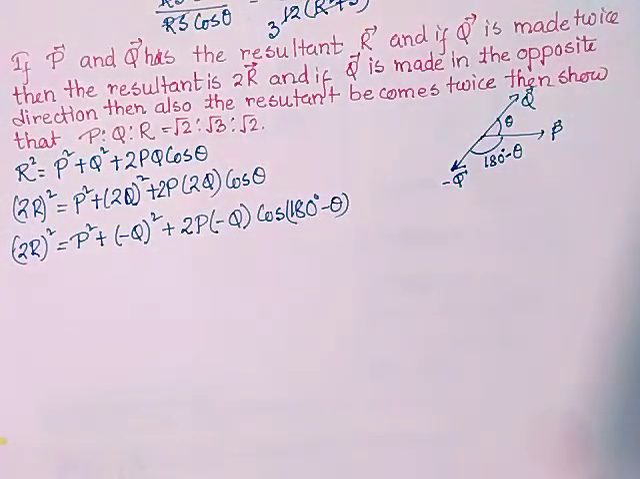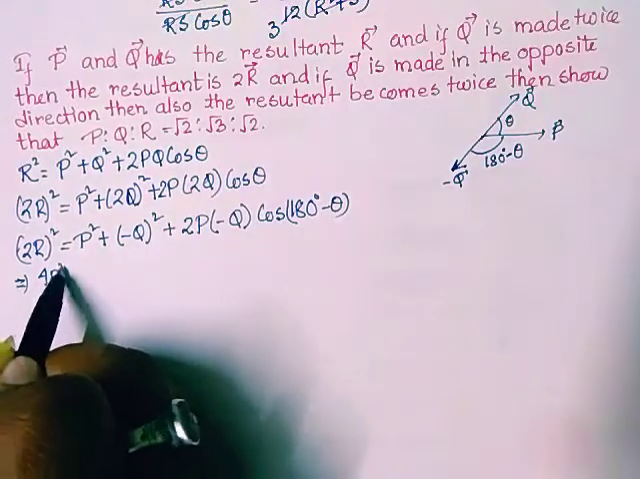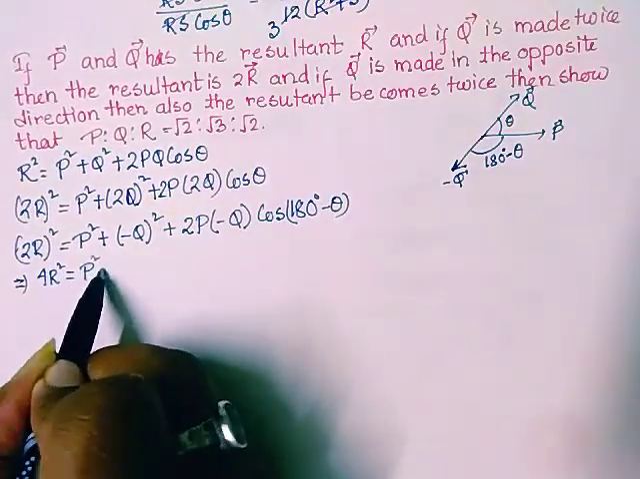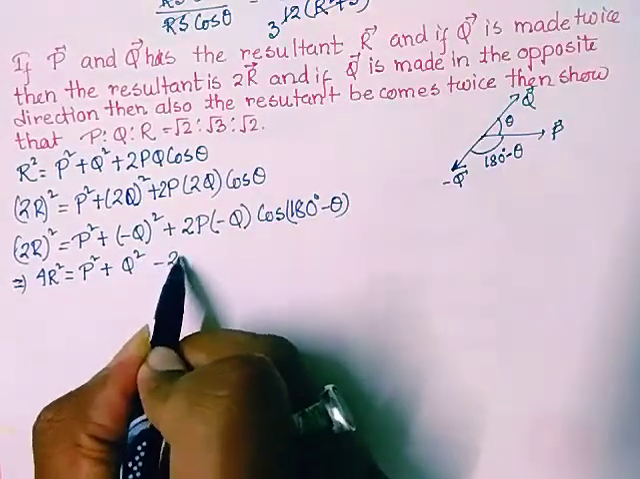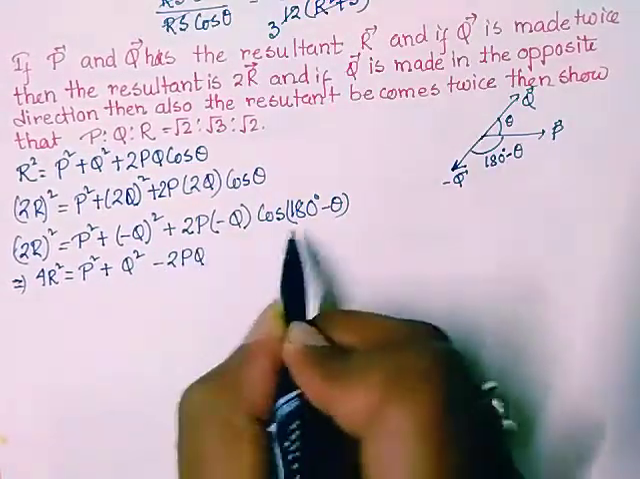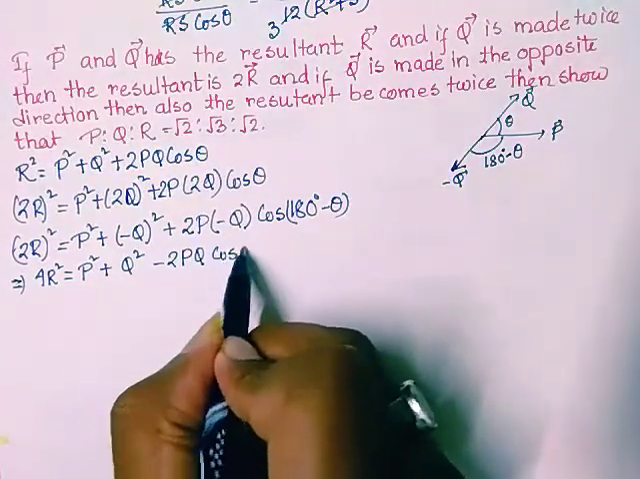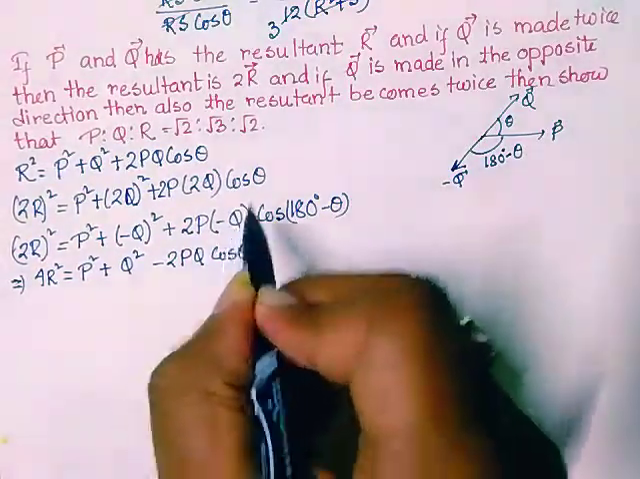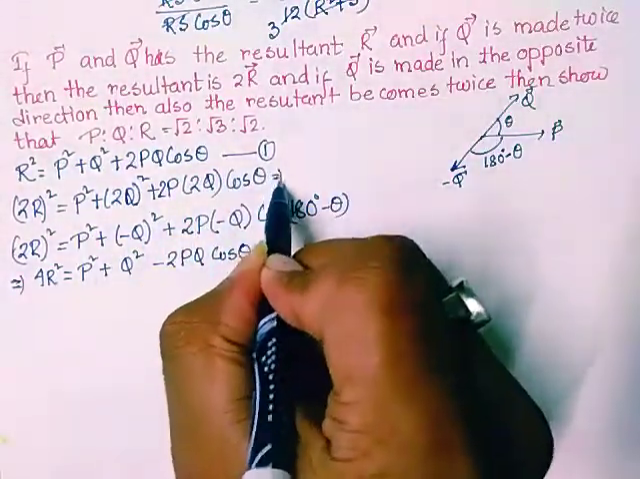Okay, so from this equation we can write 4r square equals p square plus q square minus 2pq cos(180 degree minus theta), which is cos theta. Okay, so if I say this is equation 1, and now let's write down what we get from